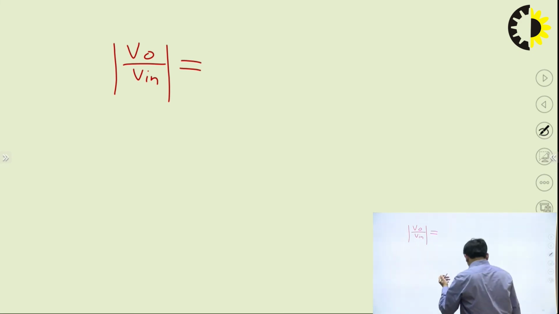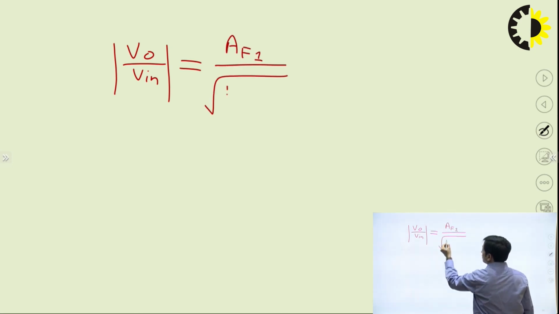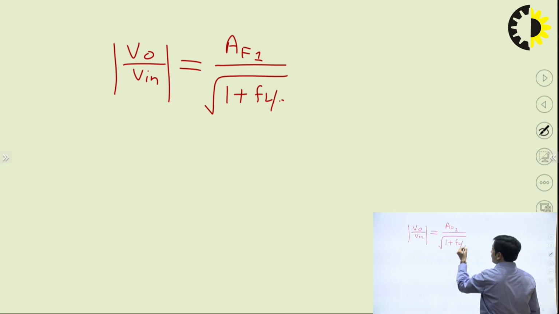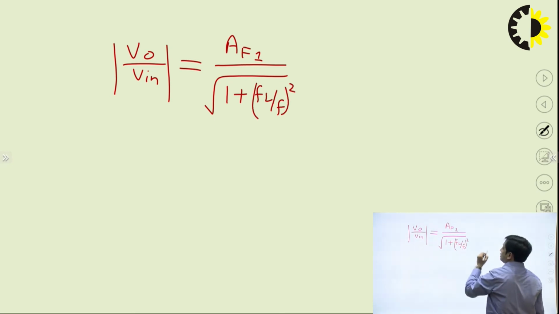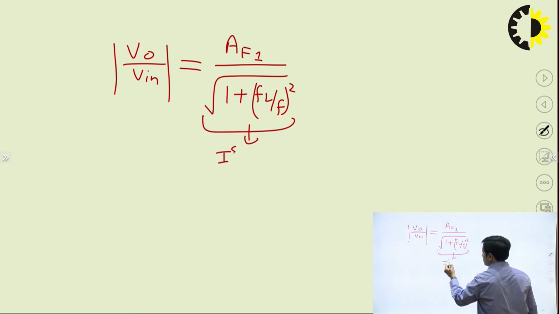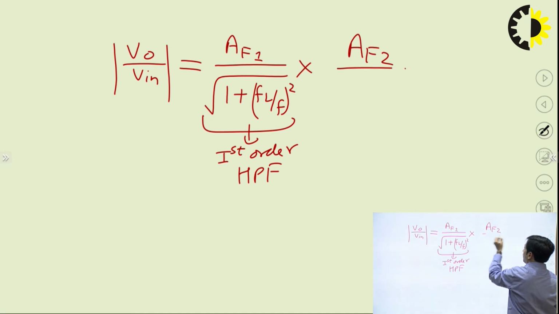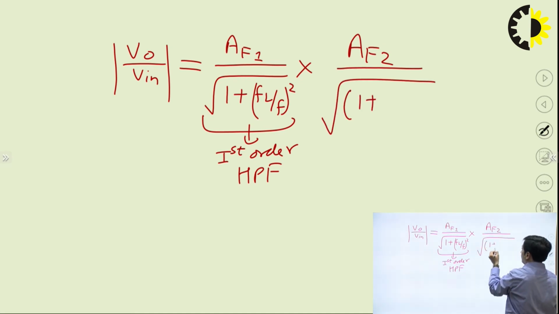Fine. So V0 upon V for first order high pass filter is AF1 upon under root 1 plus FL by F square. This is the V0 upon V for the first order high pass filter, where FL is the cutoff frequency for high pass filter, into AF2 upon under root 1 plus F by FH